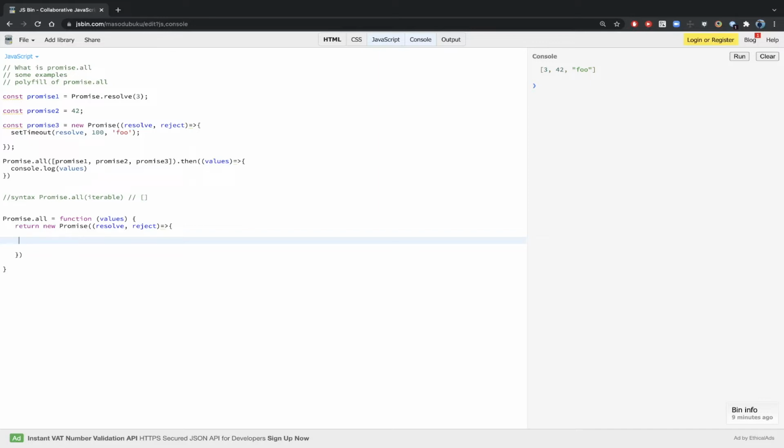So fine till now, this is an array, and we have to iterate through this array and see each of the promises, right? For each, we can have a value and an index, and we can resolve this like value dot then, and the result will come here.